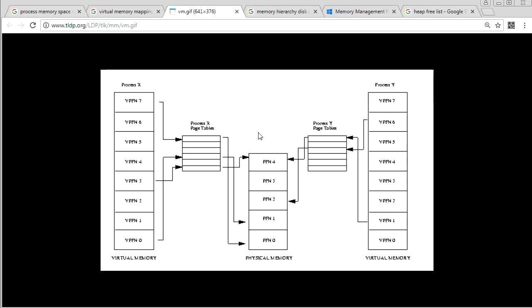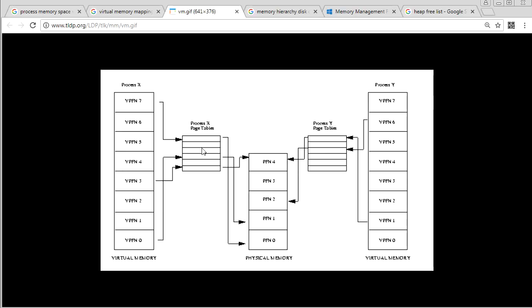So basically, all of the memory addresses are divided up into pages of a certain size. Let's say 4 kilobytes, doesn't really matter what the size is. So memory is all divided up into a big array of pages. Now, the memory addresses that any process sees, that is virtual memory. But that is not the actual addresses in the physical memory. So if the process writes to address 20, that is not going into address 20 in the RAM,